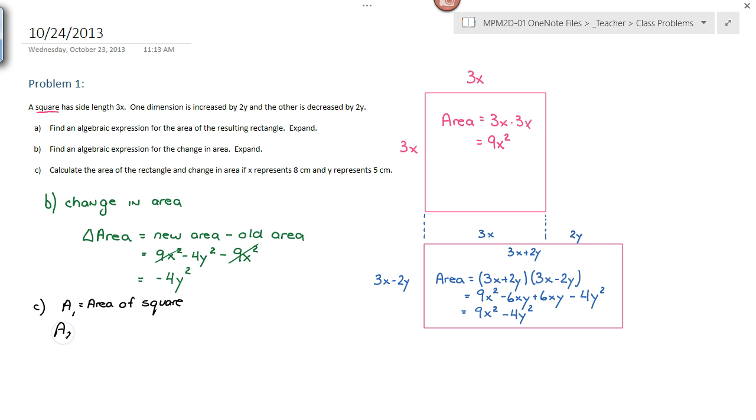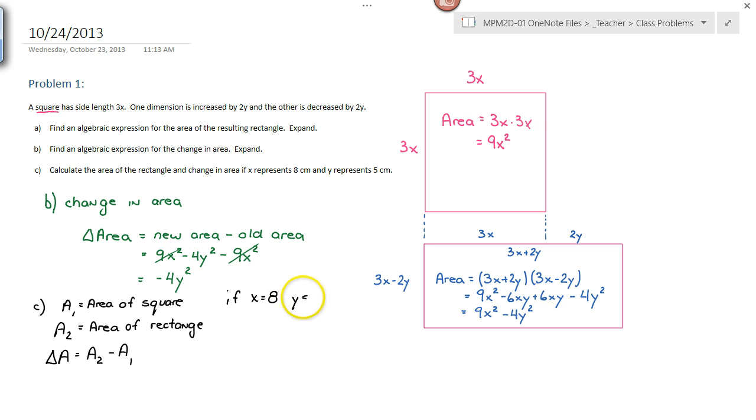We'll say A2 is going to represent the area of the rectangle. And then we know that delta A is going to be A2 minus A1. So if x is equal to 8